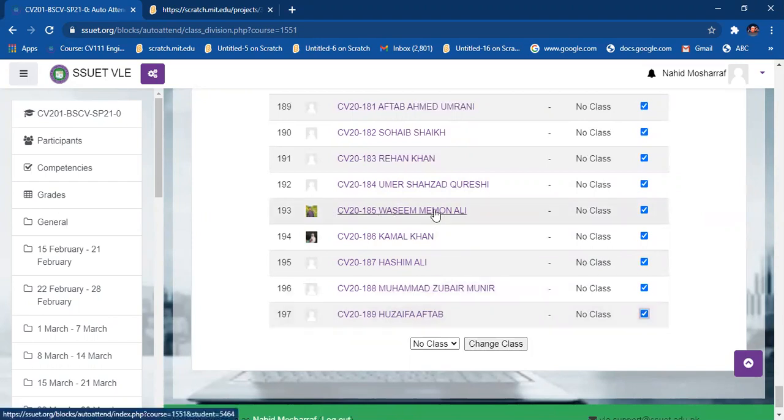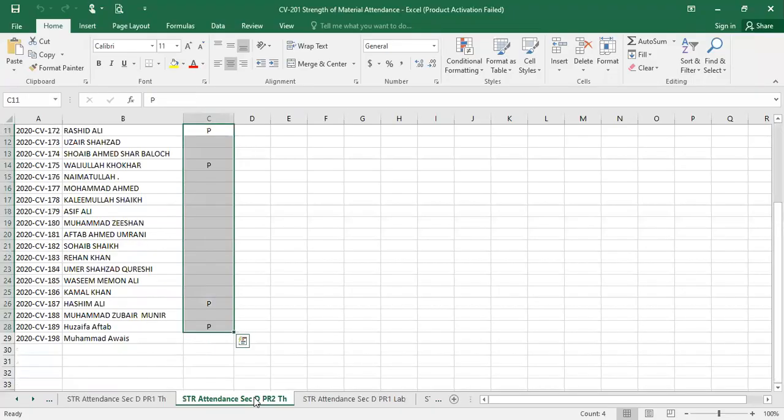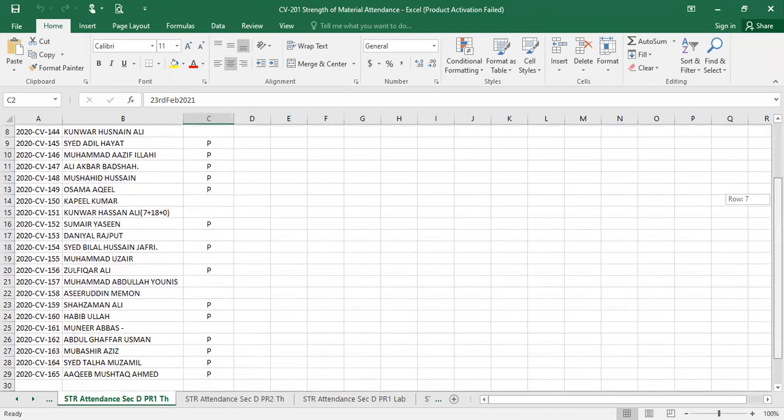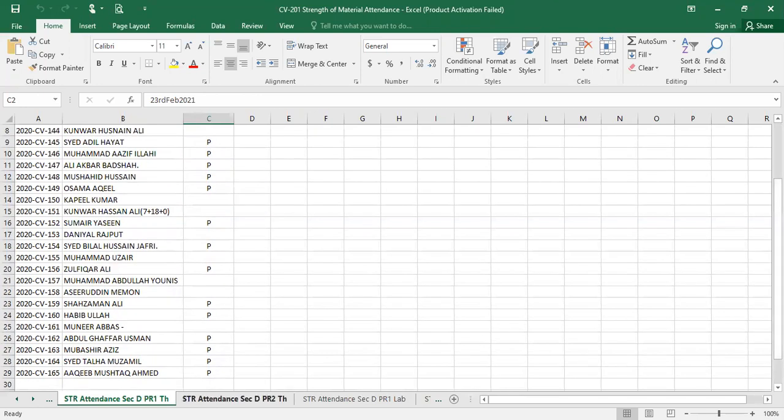So I have to check this list with the students who are present with me. Let me see my list, whether all the students are from section D or not. So I am going to check it out. Let me see the list of the students provided by the department, whether all the students belong to section D. So here, let me share, this is my Excel sheet where I have the list of students of section D. So this is from 141, 142, 143. All the numbers are in sequence and it goes up to 165.